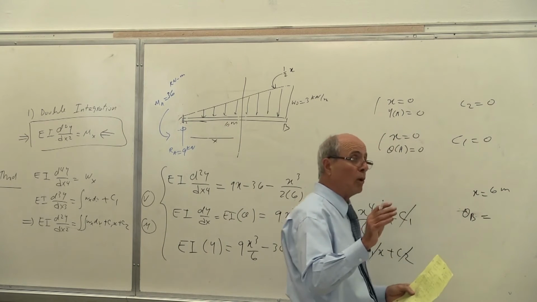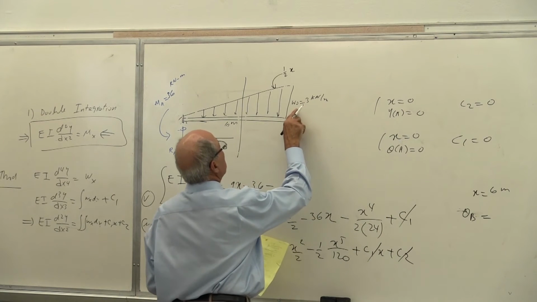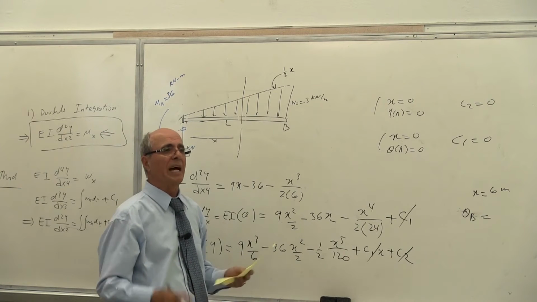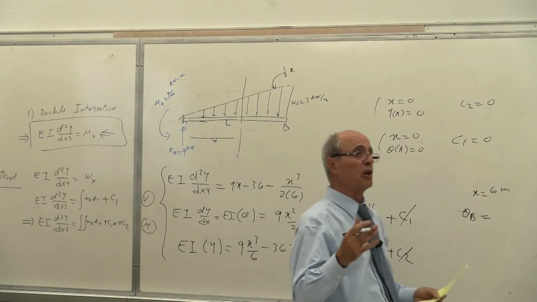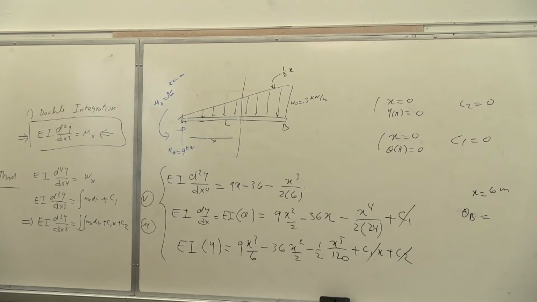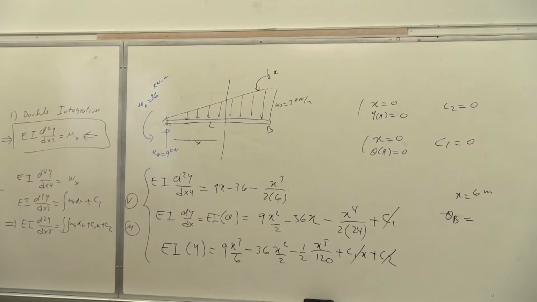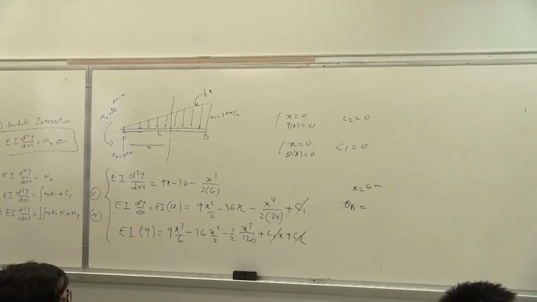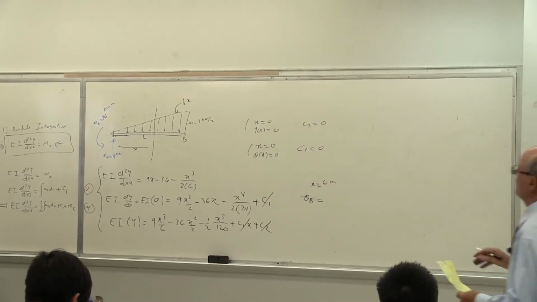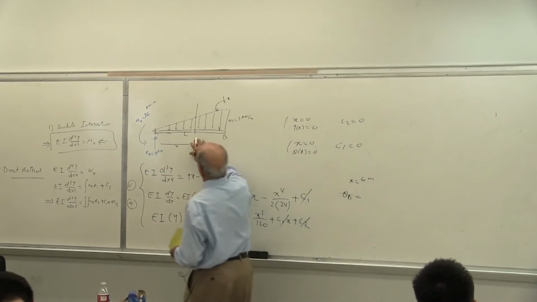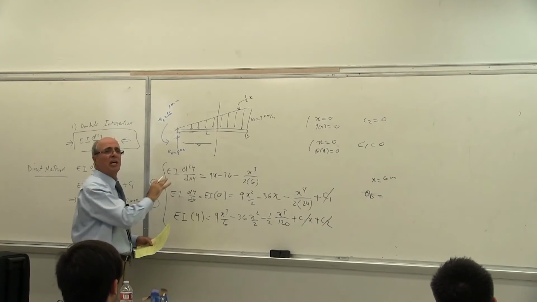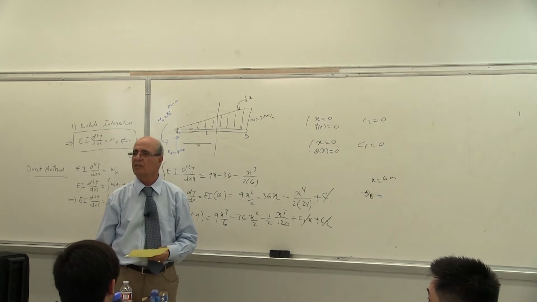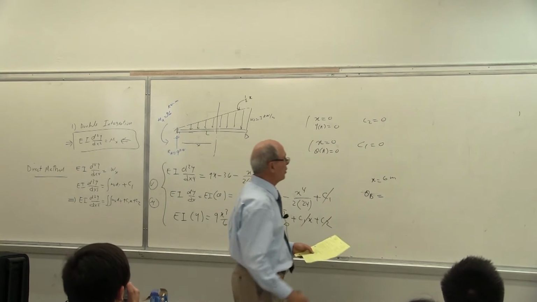Now, some of your homework is in this format. This is W. This is L, no number is given. Is that correct? The advantage of that is, when you do that, you are solving it for 1,000 problems. Then at the end, you can put any W you want and any L. Everybody understand that? Right now, I only solved it for 3 and 6. So if you put a W here and a L here, all of this will be in terms of W and L. That's what somebody was asking. Is that correct or not? You solve it in that format.